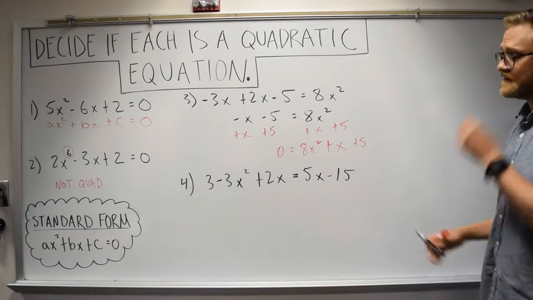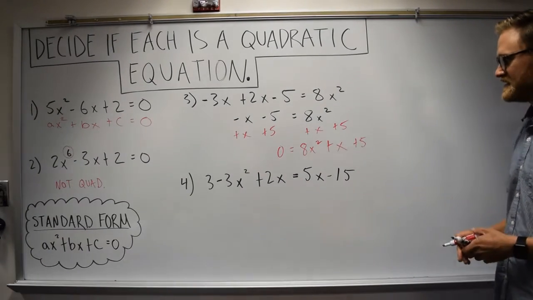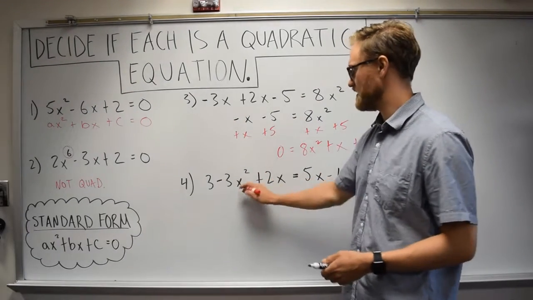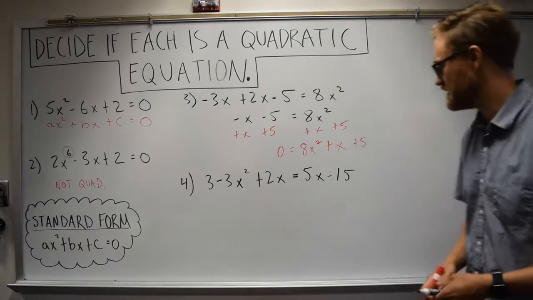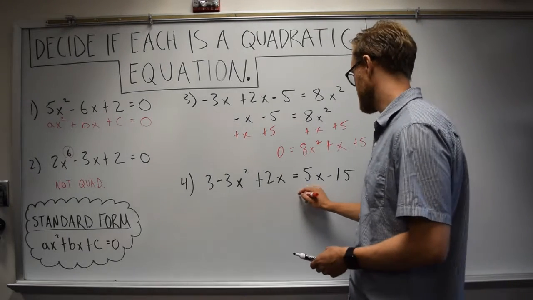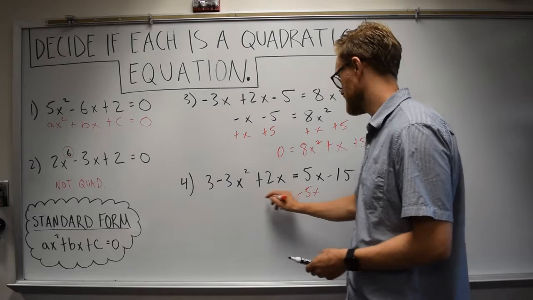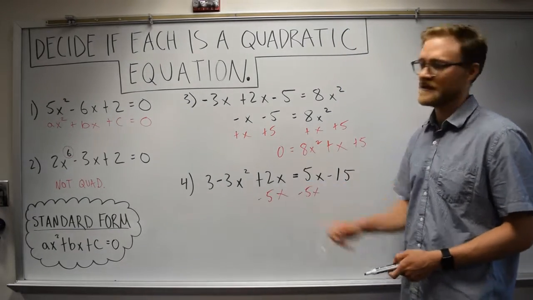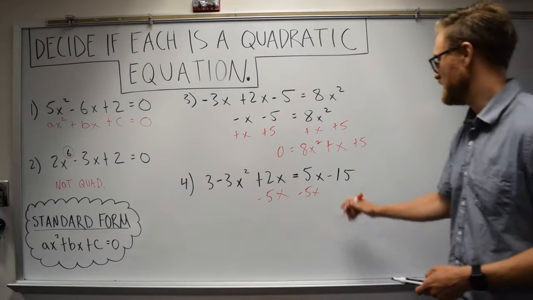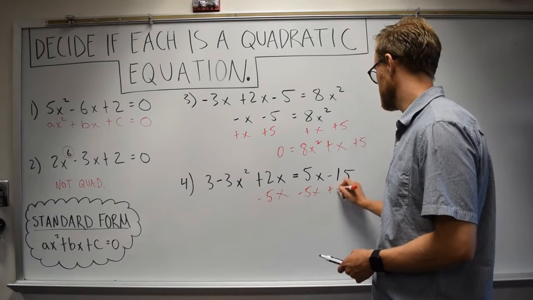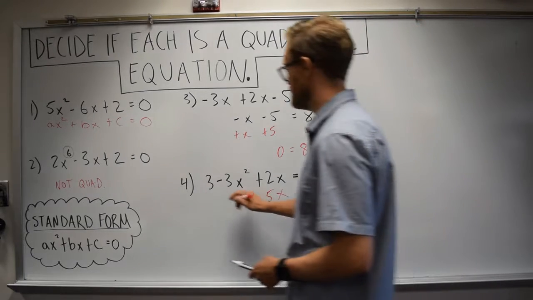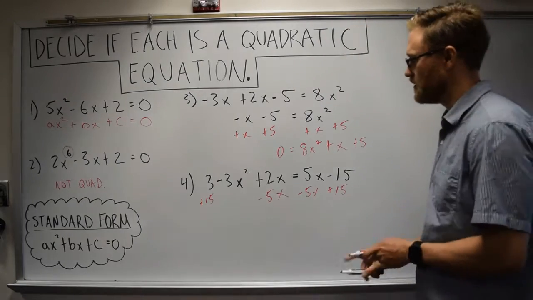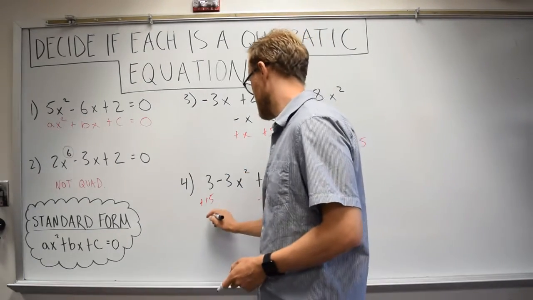And then on the last one, on number 4, I've got a bunch of stuff I need to combine. So I'm going to try and move everything to this side because I have my degree 2 term over here. So I'm going to start by subtracting 5x from both sides. And I'm writing the negative 5x under the 2x because those are like terms. And then at the same time, I'm also going to move this constant. So I'm going to add 15 and add 15. All right, so 3 plus 15 gives me 18,